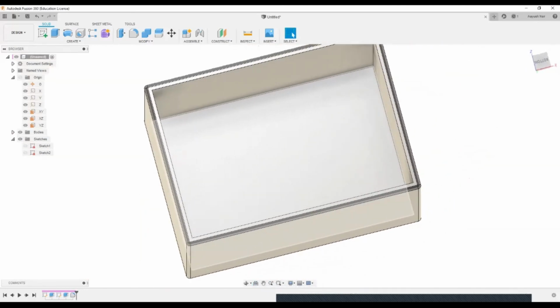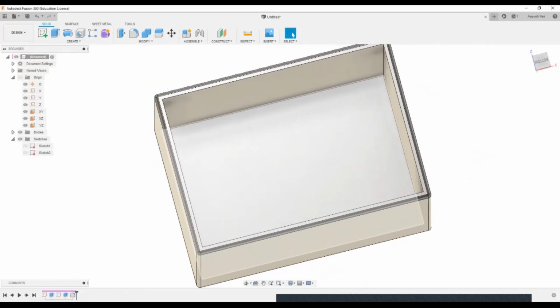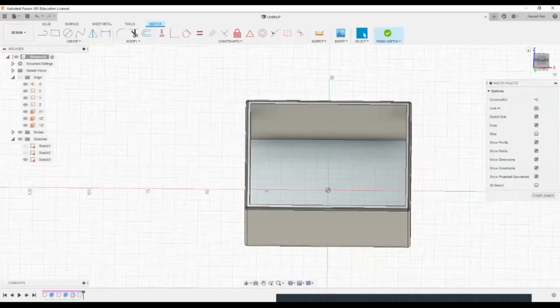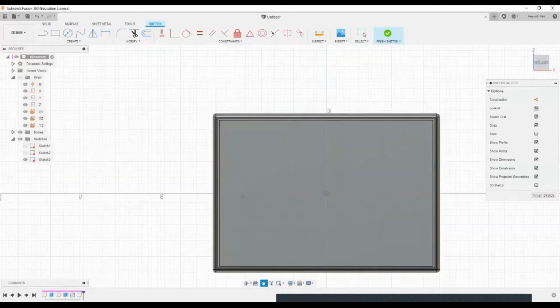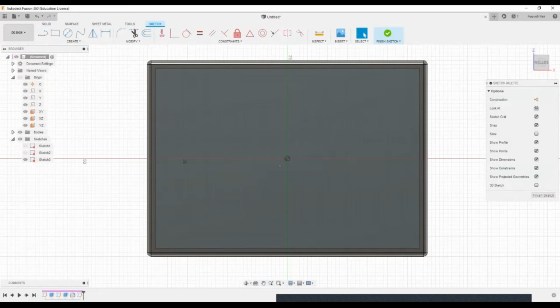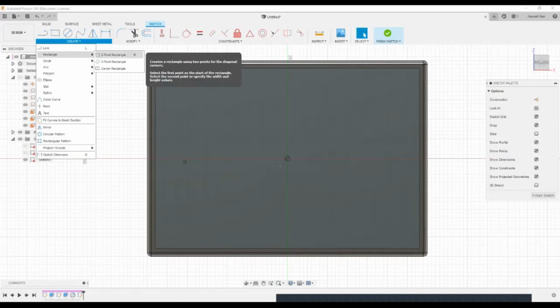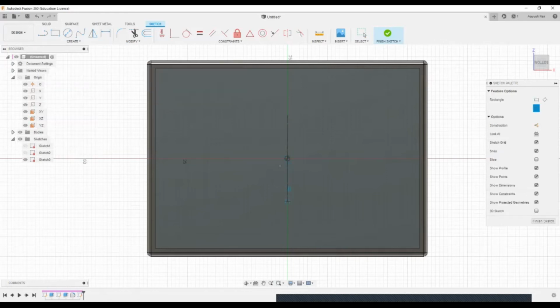Okay, so now what I'm going to do is I will draw the subsections for this container. I mean for our pen stand. Okay, so I'll select the create sketch command. I'll select this plane. Okay, so after selecting this plane, I will select, well, you can use as many ways if you want to. You can use line, but I will use rectangle. Okay, so by selecting rectangle, center rectangle, and then from here